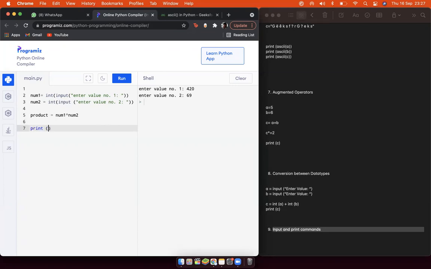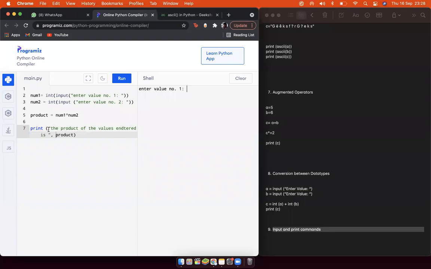Now let's print that out. I'll write the product of num1 and num2, or to write in normal human English, "the product of the values entered is", put a comma over there, and then end it there.